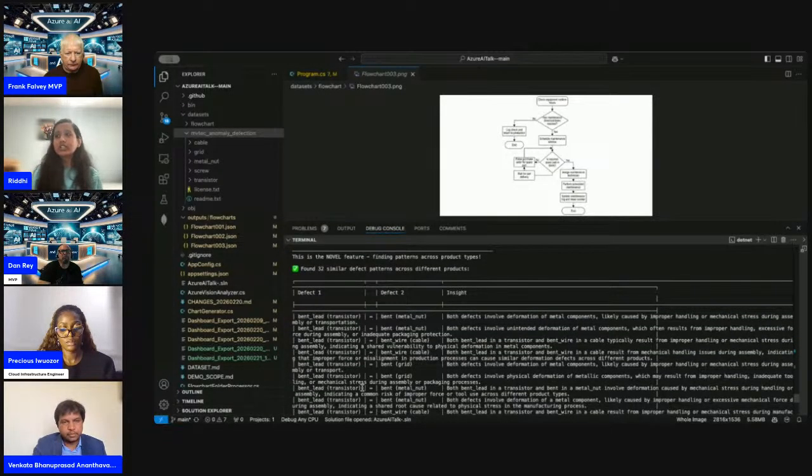And over here, we have, for instance, the transistor and the metal nut. And then I have the insight that both involve deformation of metal components. Again, at this point of time, as I said, I'm using Azure OpenAI, so I get the insight in a much more explainable way.